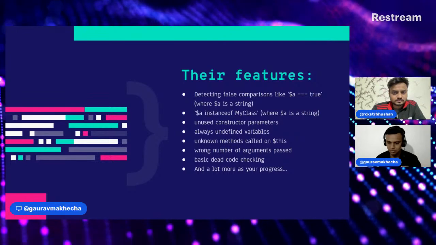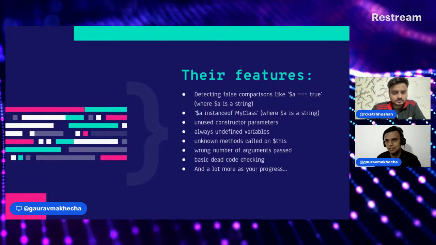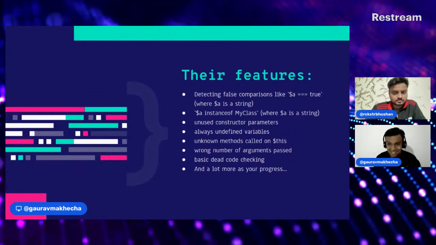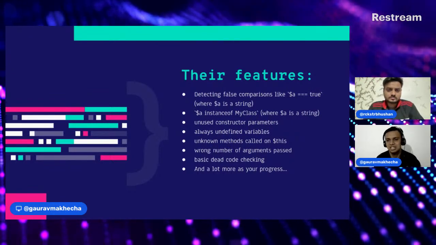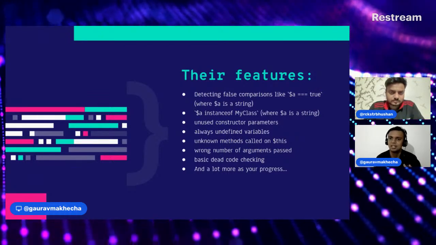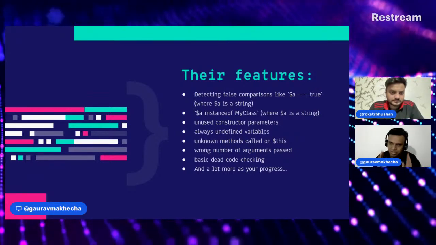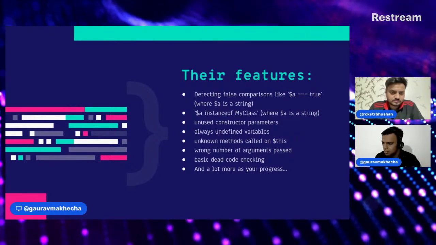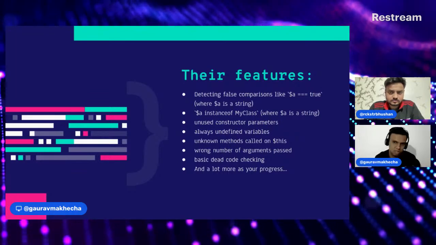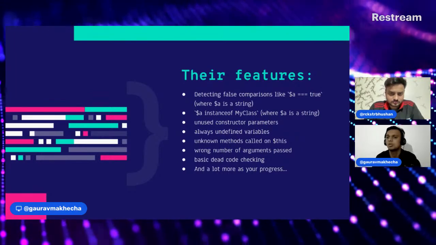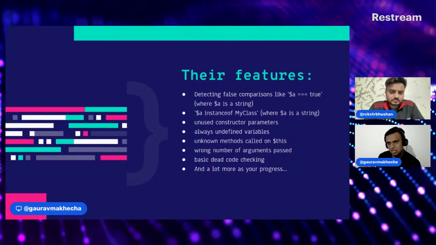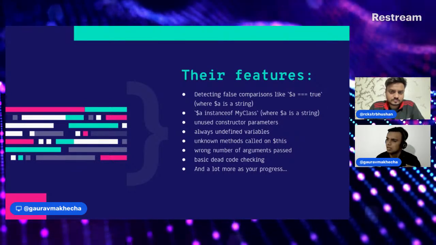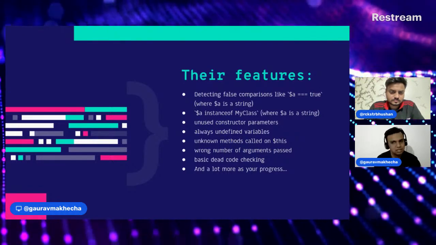And also, if you are playing with thousands of files, you can easily forget the context. When you move from one file to another, you may forget context. That's where machines shine, right? So these tools keep a record of everything. Even if you are playing in class one, there is some connection with class two. Some variables are being passed to class two, and it knows that this variable has this type, so it can detect it for you. Otherwise, in the human context, sometimes we forget, we miss it.